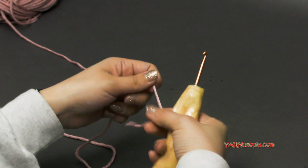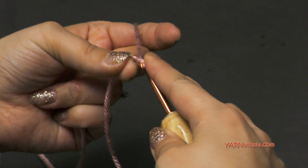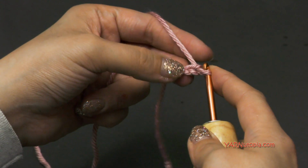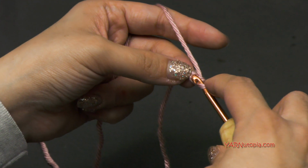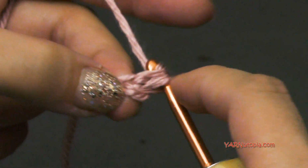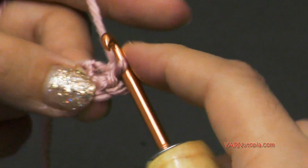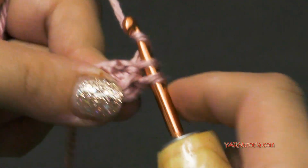And we are going to make a slip knot. And then we're going to chain 2. If you wanted to start with a magic ring, you can do that. And in the second chain from the hook, we are going to put 8 single crochets. So go in, yarn over, pull through, yarn over, pull through 2. So there's 1, here's 2, here's 3,